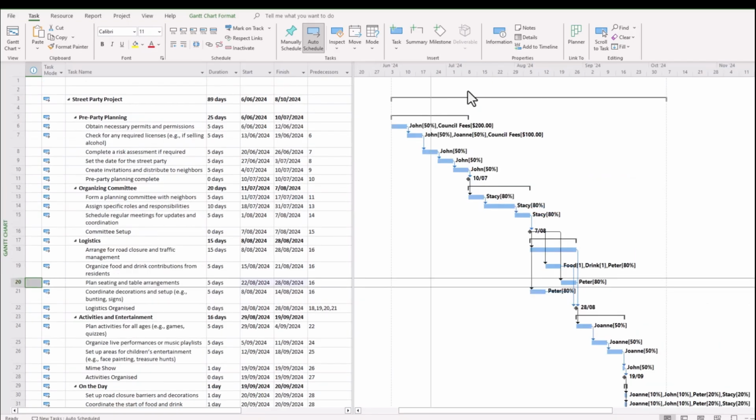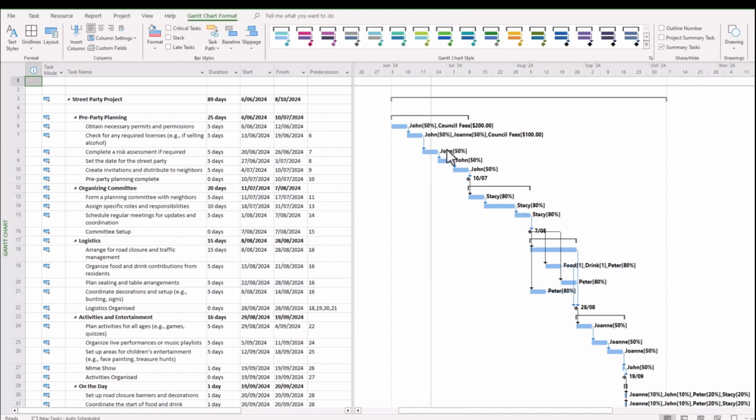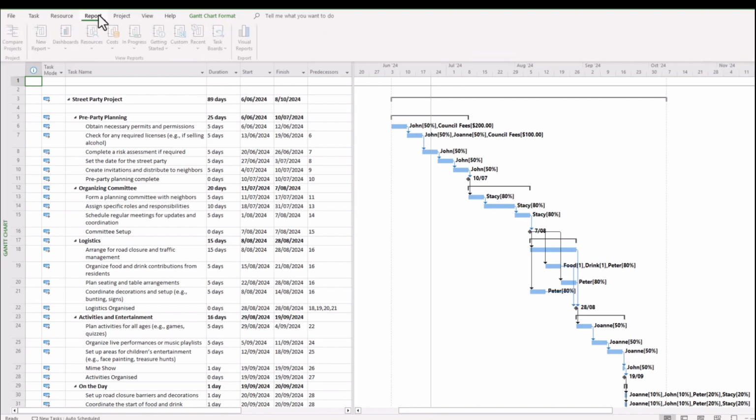Now let's look at some of the resource reporting features that we have available. So what are the standard reporting features that we can use in Microsoft Project? Well, I invite you to go to your Report tab on your ribbon, and we'll see what's available here. You can see there's a number of useful reporting features. But seeing we've just assigned resources, and by resources we can also see some costs there, let's see what that reveals about the overall project now that we've assigned our resources.